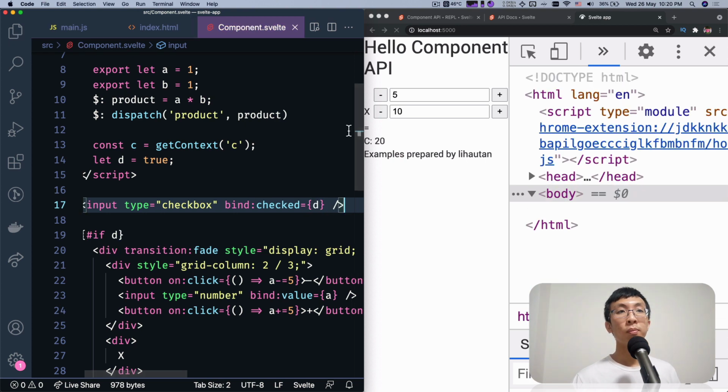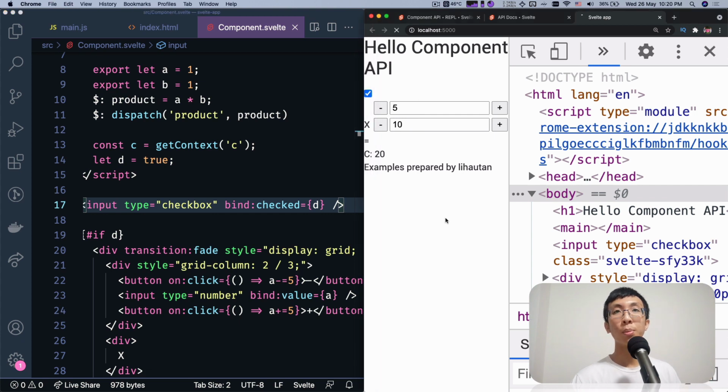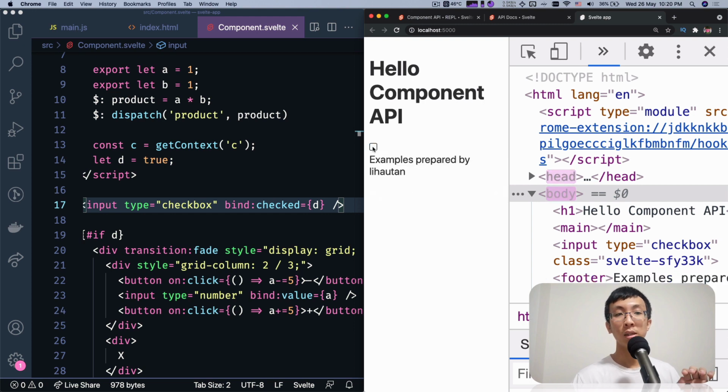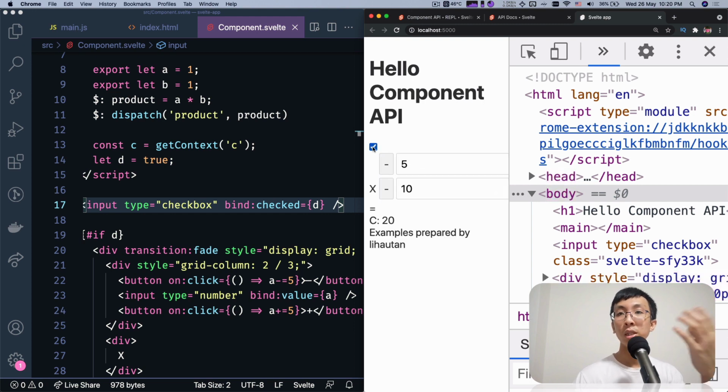Now I notice when I refresh the page, there's no transition being played at all. But now if I try to turn it off and turn it on, you see that the component is fading,